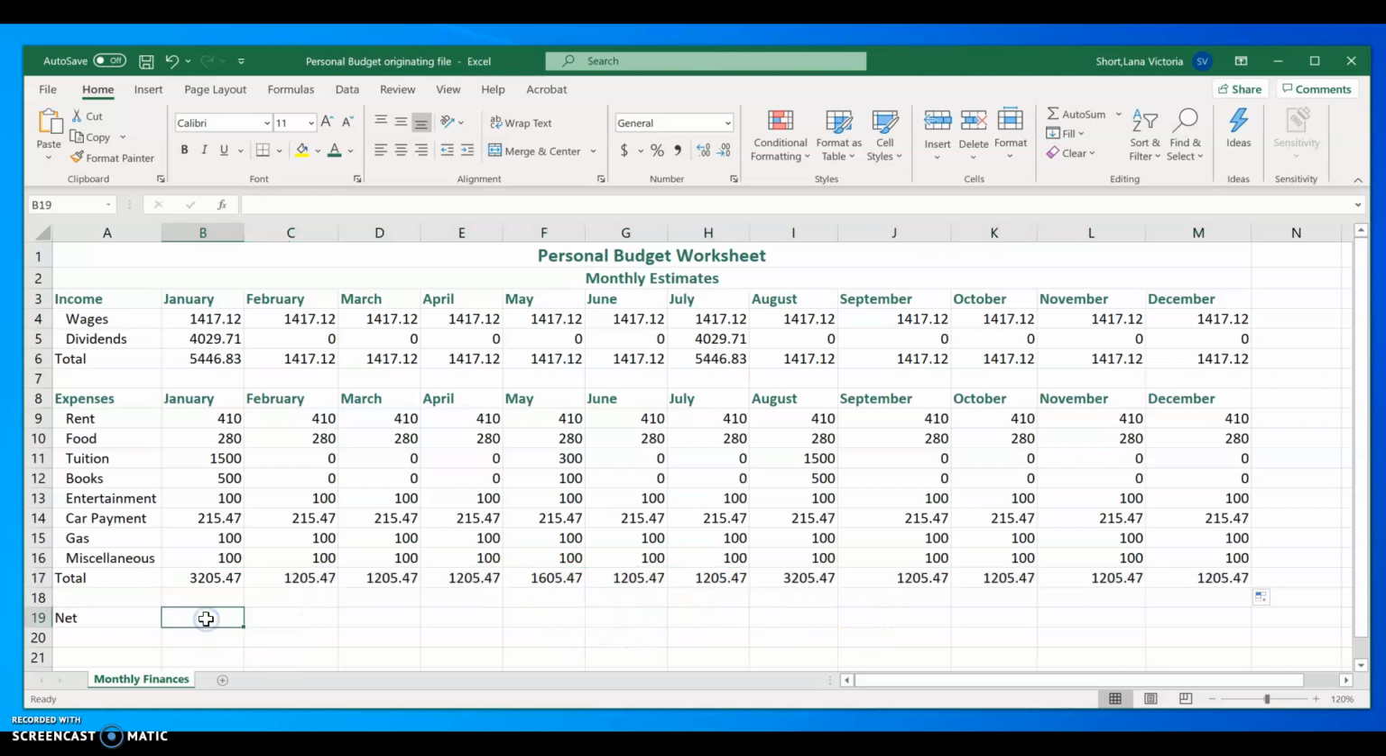The net is how much you have left for each month, and it is going to be the difference between the total of income and the total of expenses. To let Excel know that I'm going to enter a mathematical formula, the first thing I'm going to enter in the cell is the equal sign. After that, Excel knows that whatever I enter after this equal sign needs to be treated